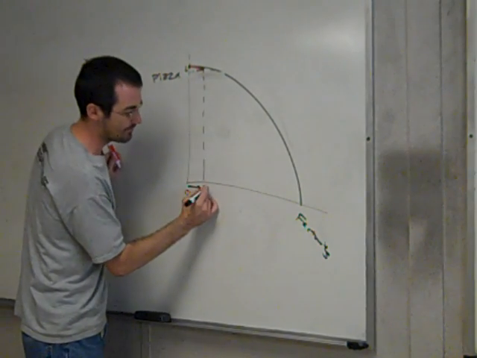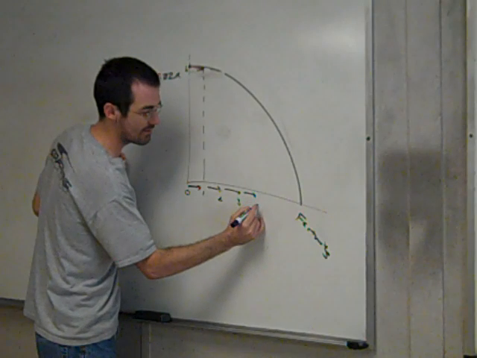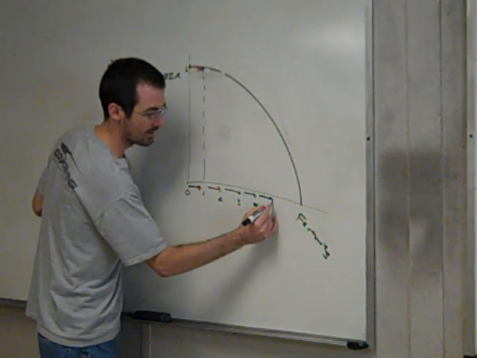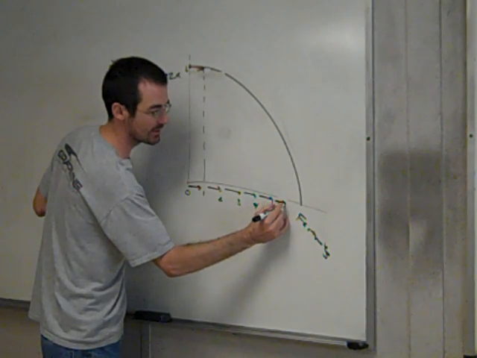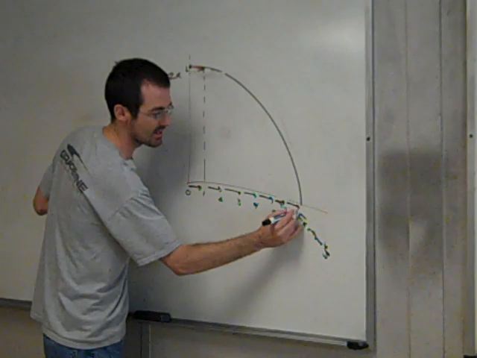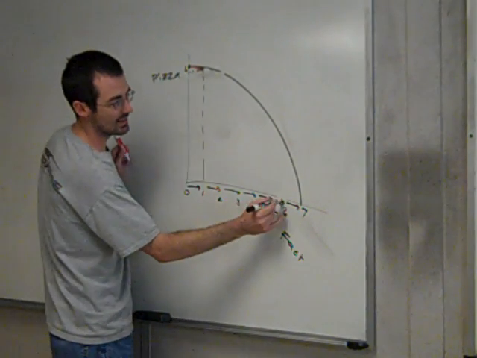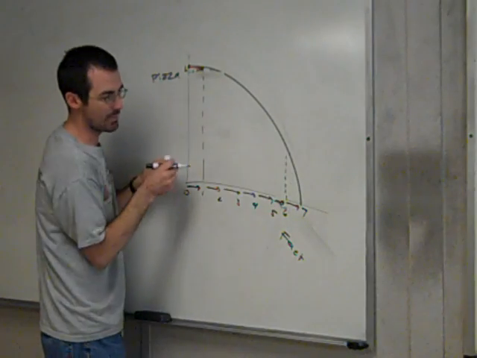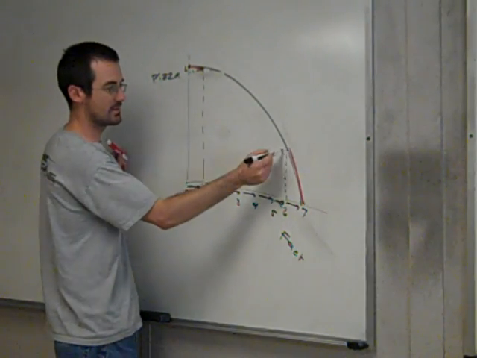But as we start to add another factory, and another factory, and another factory, this amount we have to give up goes up. So by the time we get to the end, let's say we get to 6, and then 7. 7 factories. Look how much that last factory cost us, according to the slope. I'm just going by the slope of the curve. How many pizzas does that guy cost us?